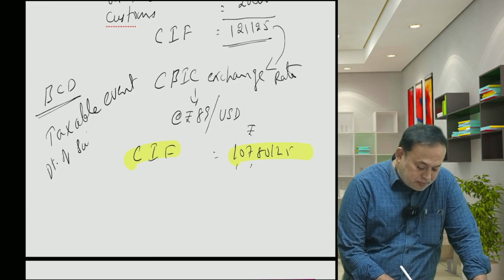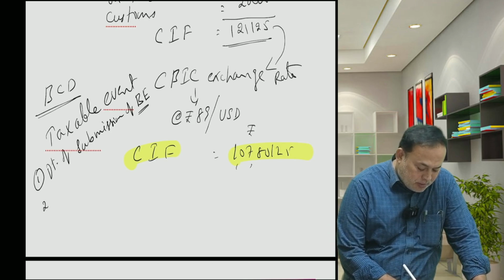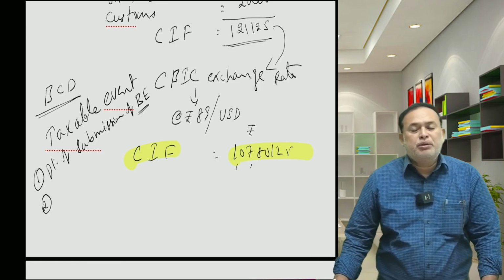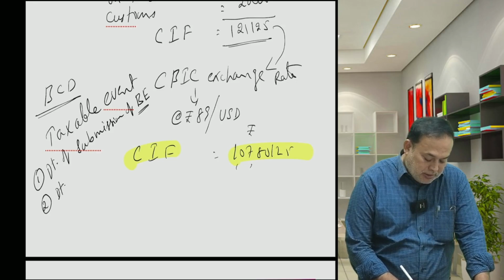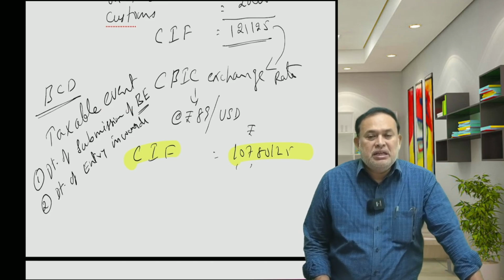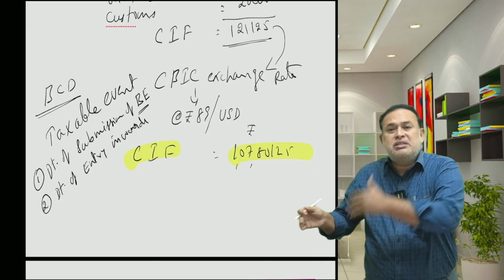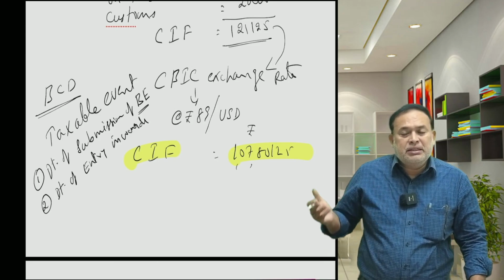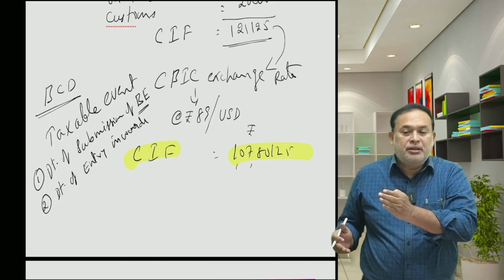Date of submission of BE. BE means bill of entry. One date. Two, date of entry inwards granted to the conveyance. Among the two dates, whichever happens later. Whichever is later, date of submission of bill of entry or date of entry inwards, whichever is later,